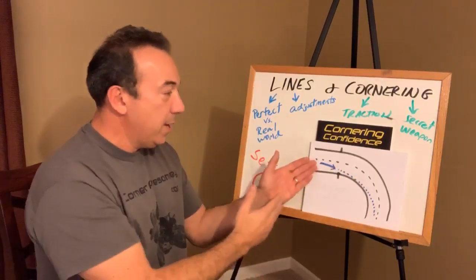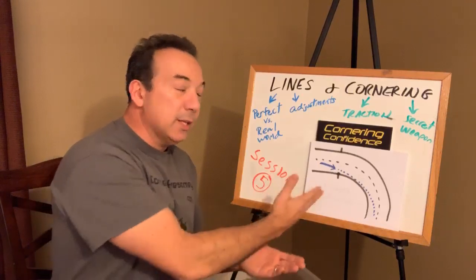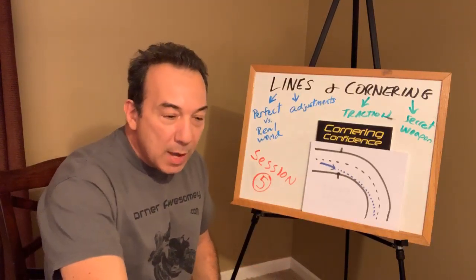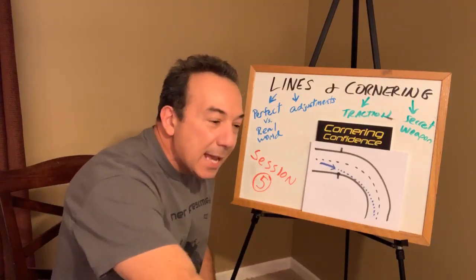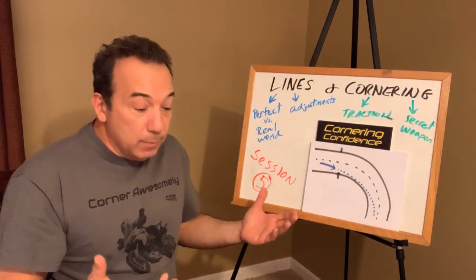And that if you don't figure it out here, then you're in trouble. That is true to a certain extent, but you gotta embrace the idea that you're going to make adjustments to